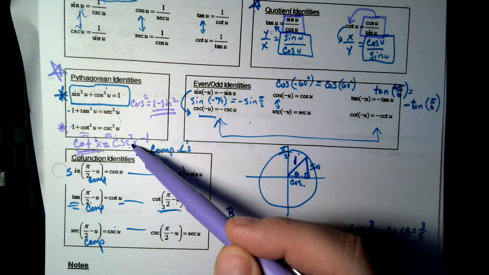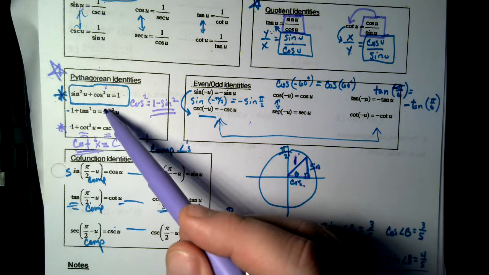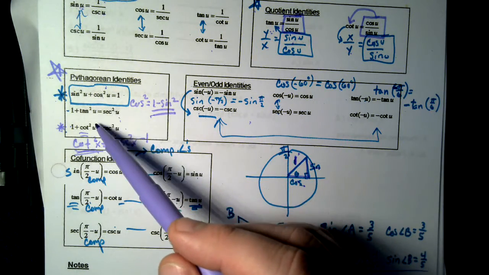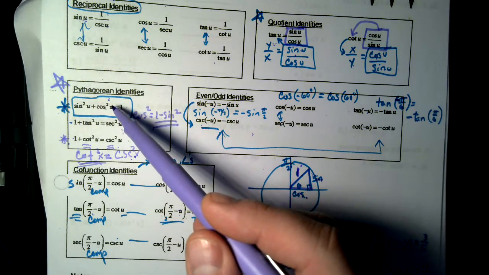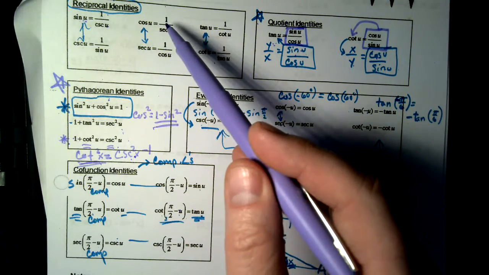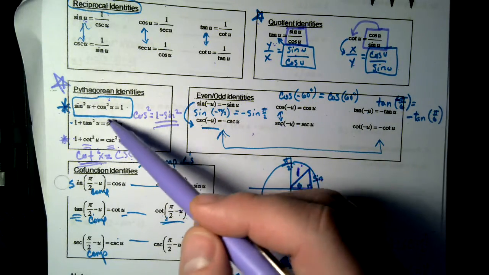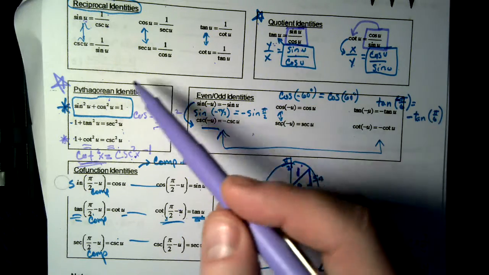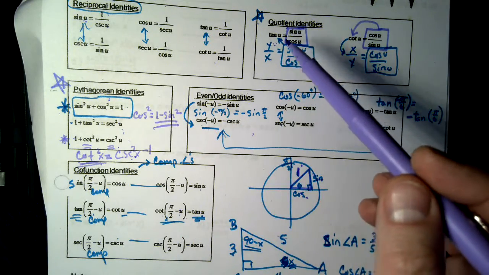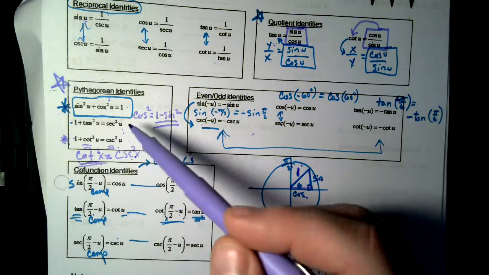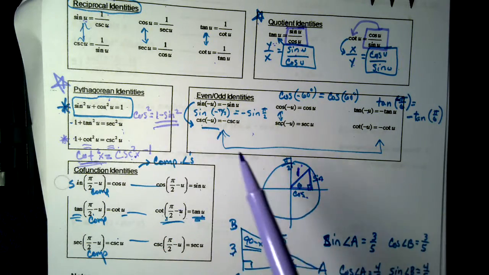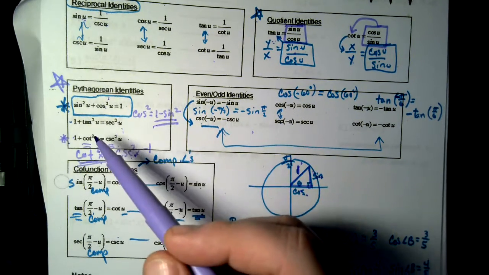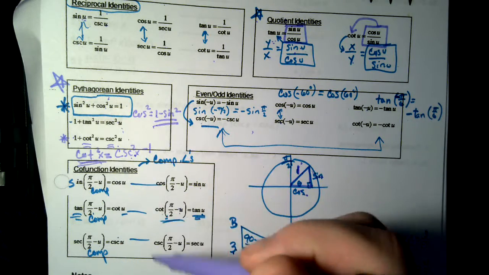You can leave that off for now. These other two properties come from, like, if they substitute, let's say for cosine, they put in 1 over secant, and then they started working. Or for tangent, they put in sine over cosine, and they simplify things and try to use this formula. Two other formulas that we'll use, and I'm going to use this third one in the example at the bottom